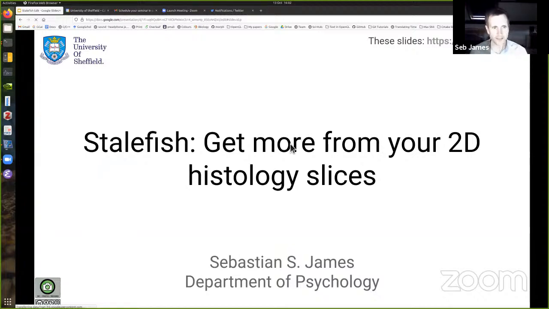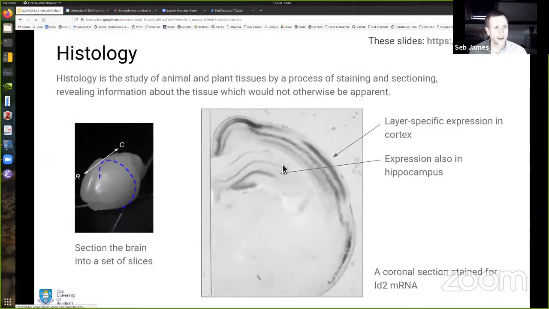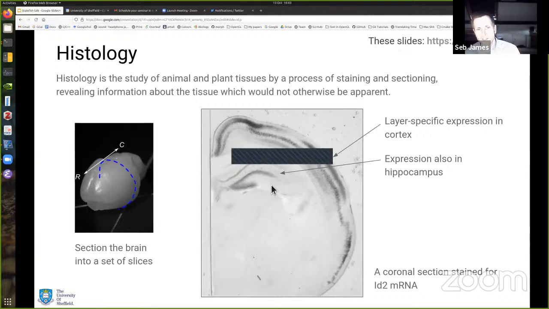Brilliant. Okay, so I'm going to talk about this tool that we've developed called Stalefish, and it's all about getting more from your 2D histology slices. Histology is a mechanism by which you can study animal and plant tissue, and you slice the tissue up and stain it to reveal information about the tissue which you couldn't otherwise see. Most of the slides that I'll show are all in-situ hybridization